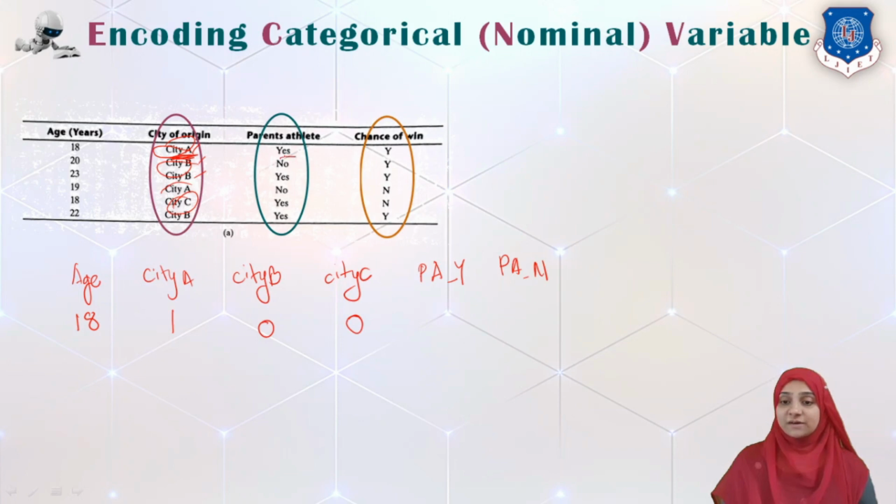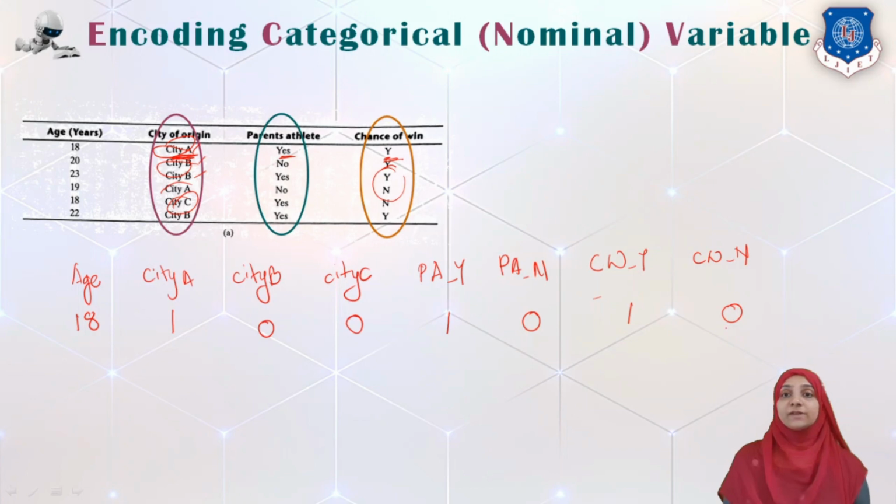So as you can see here, value yes is there. So we will have value 1 under the yes column and value 0 in the no column. Similarly, for chances of win, there are two different values, yes and no. So we will have chances of win yes and chances of win no. If value yes is there, we will have value 1 here and value 0 under the no column. So as you can see, we have constructed three different columns as a replacement of feature number 2, and again two different columns as a replacement of feature number 3, and for feature number 4 also.